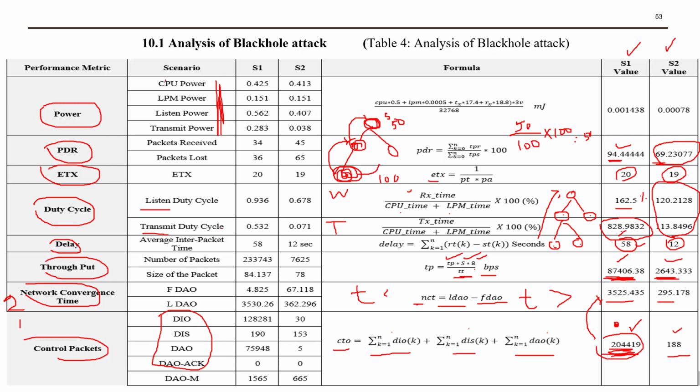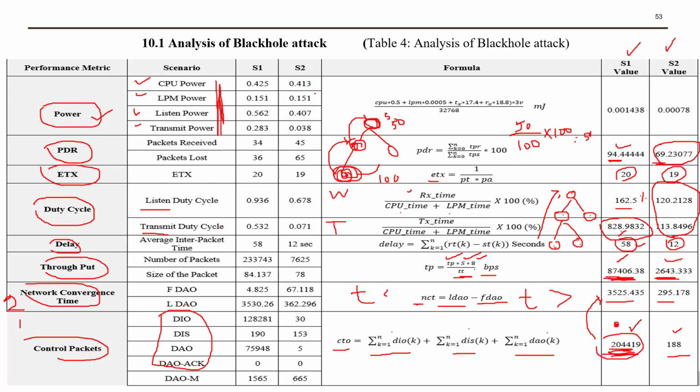Now, I go for the power. Power consumption means the electricity consumption. This is very important in a wireless sensor network. So there are 4 different types of power available. We calculated 4 different types of power. One is called the CPU power, then LPM power, listen and transmit power. So these are the 4 different types of power. So every power we calculated separately, and if